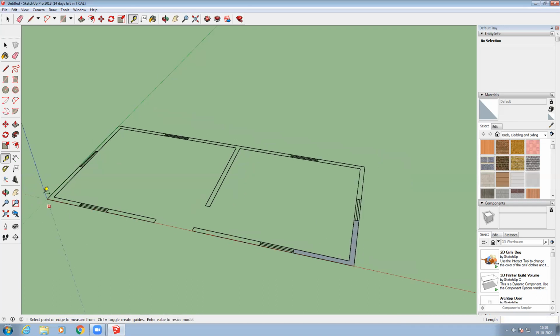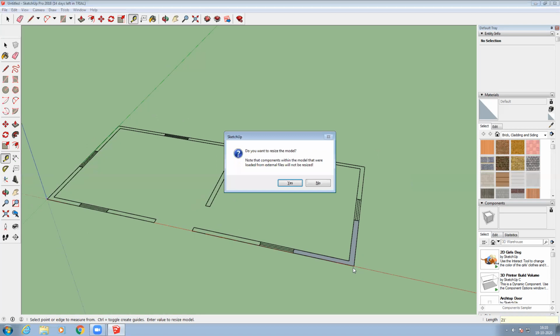So I just take the measuring tool, click wherever I want to take the length, right? And then I mention 21 feet, enter. Here you can see it is taking the whole component for resizing.